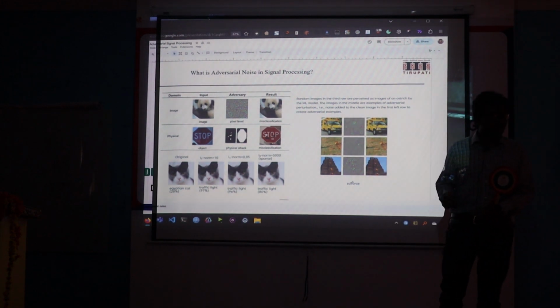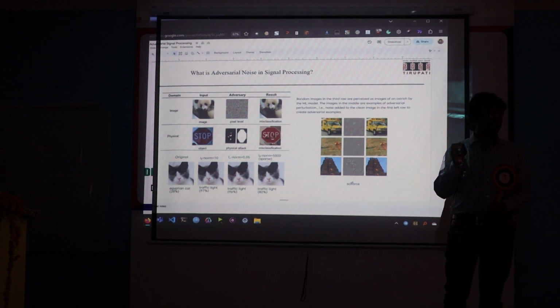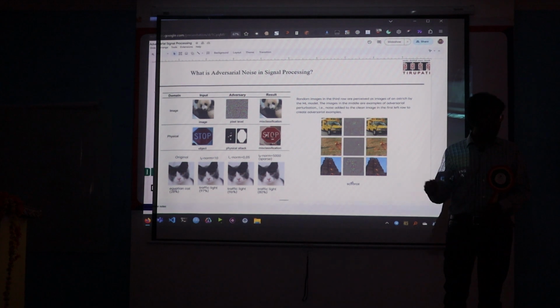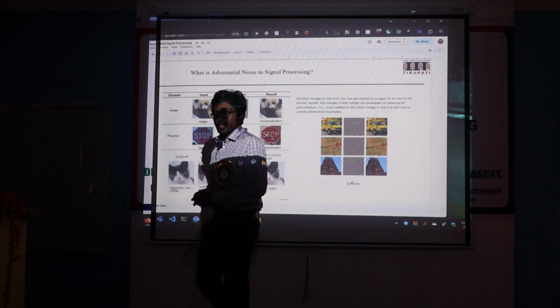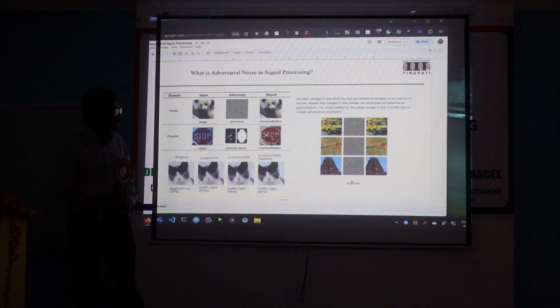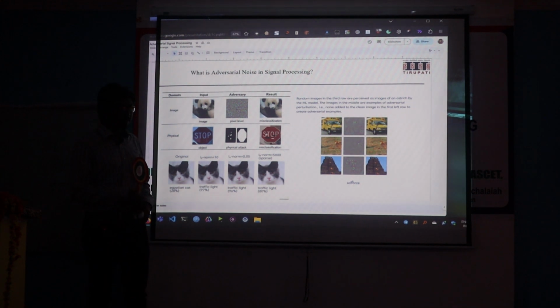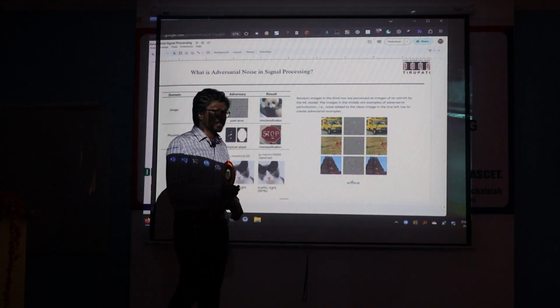Now the actual issue comes in, right? If a camera in the car identifies a person as nothing, if the camera identifies a person as something, as the road, it will not stop. It will keep going, and accidents will happen, and they did happen. Then, after the self-driving cars had some accidents, people started focusing on it. How an external attacker will come and modify the algorithm, and they will add some noise. Yeah, that's good. I'll show you.